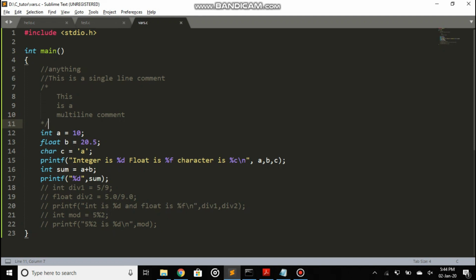Programmers usually, when they write larger and bigger codes, have their own logic. To explain what each line in the program is doing, they use comments. They do that explanation with the help of comments inside the program itself. There is something called a single line comment, which is nothing but a double slash and then you write anything in just a single line. That will not be compiled by the compiler, but it can act as a way to explain things to other programmers who